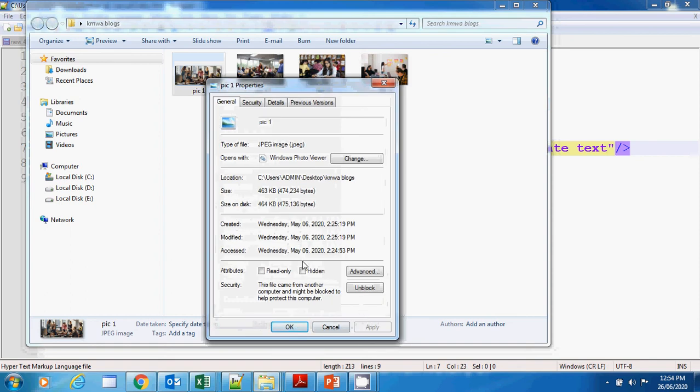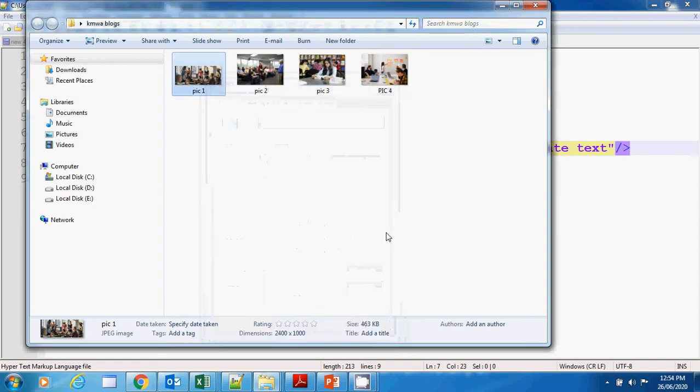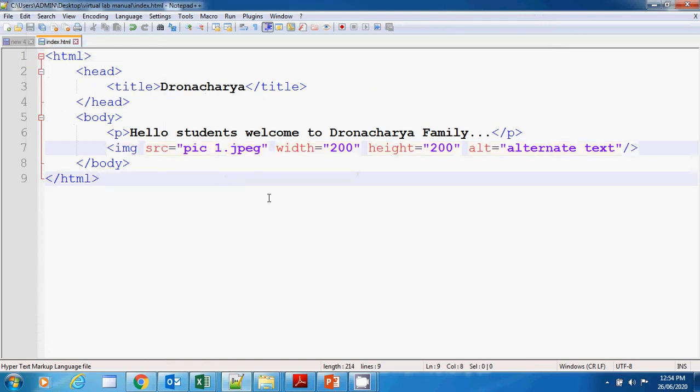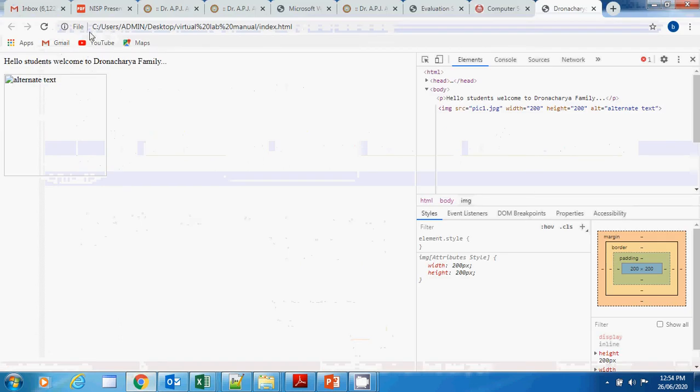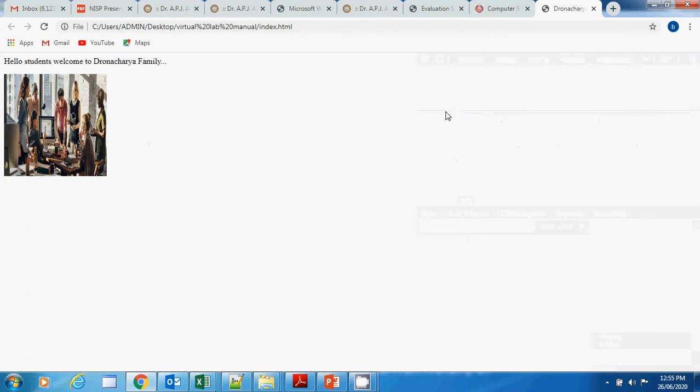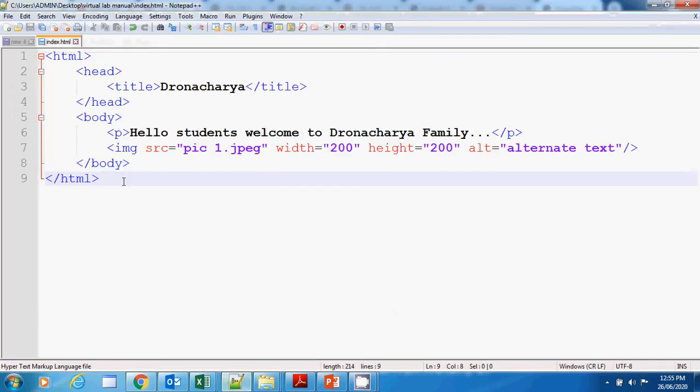It is a JPEG image. Yeah, so I have written JPG in place of JPEG. So if I have corrected that thing, the image is appearing in my browser, right? Similar way, we are having